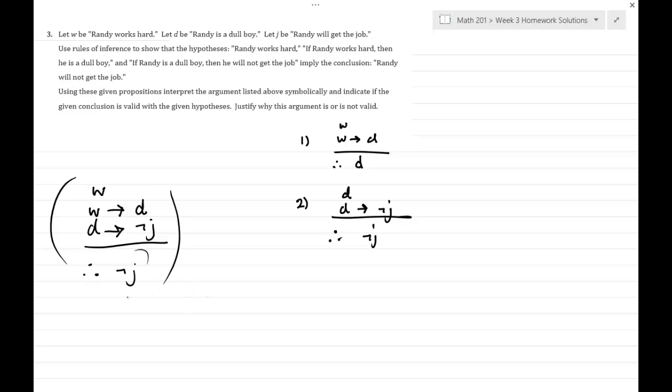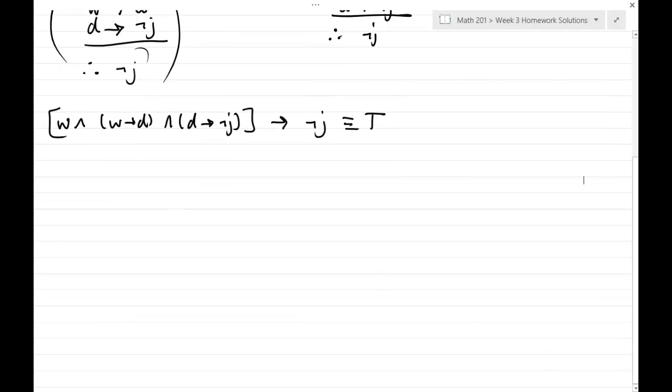Or we could just join it all together. We could say W and (W implies D) and (D implies J), and not J, the negation of J. All this implies the negation of J is a tautology. So this is kind of a big one, but I'm going to go through it just for you to see